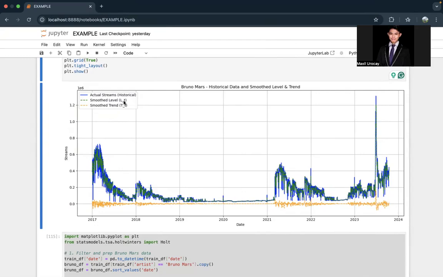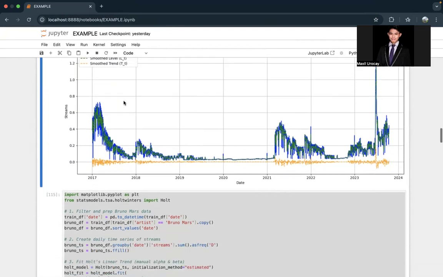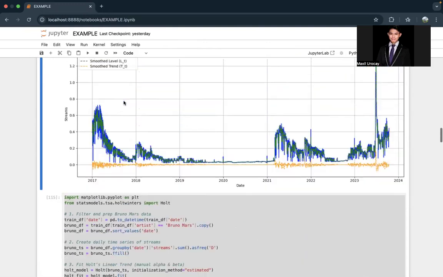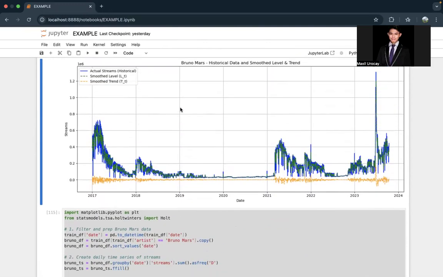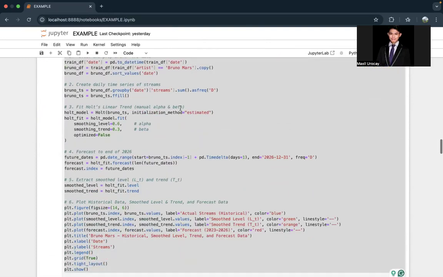However, class, this is not good at all, because later on in your forecast, since we are dealing with Holt's linear, it must be linear. So there's no fluctuation, no uptrend and downtrend. It's not like with ARIMA, ARIMAX or SARIMA, where you could get the fluctuations pertaining to your data set. So I've shown the historical data and smooth data right there.